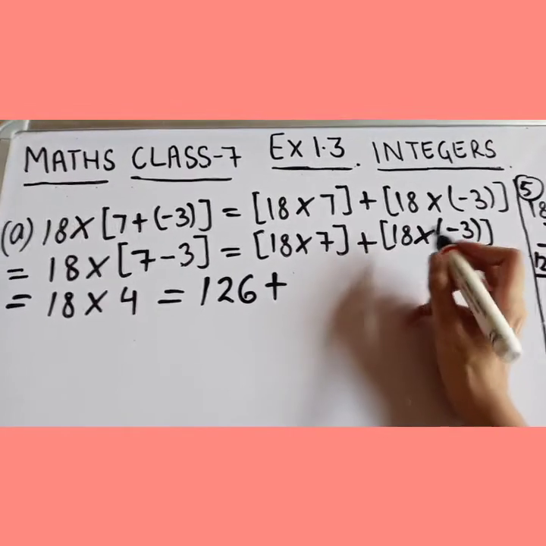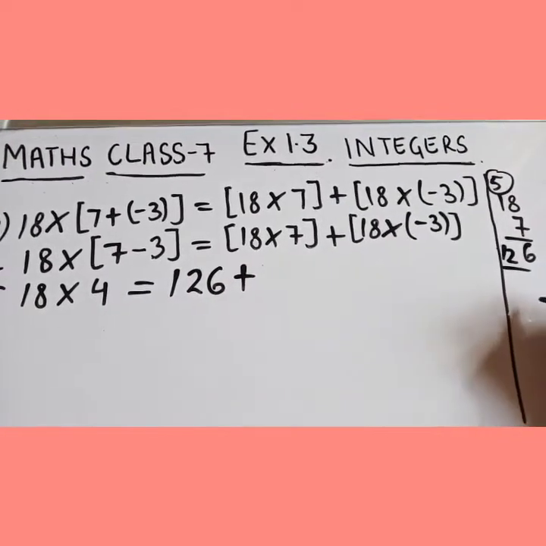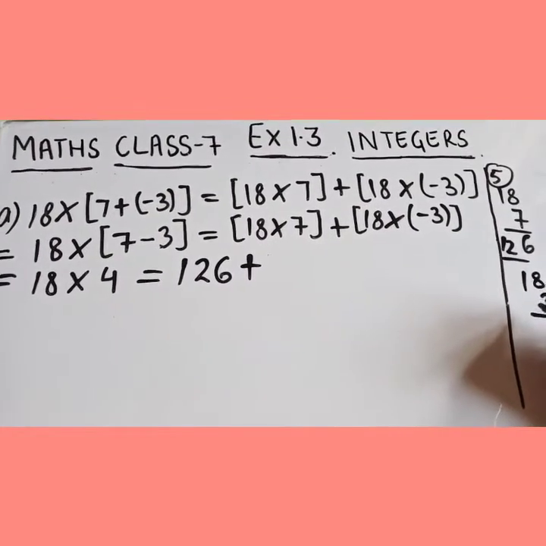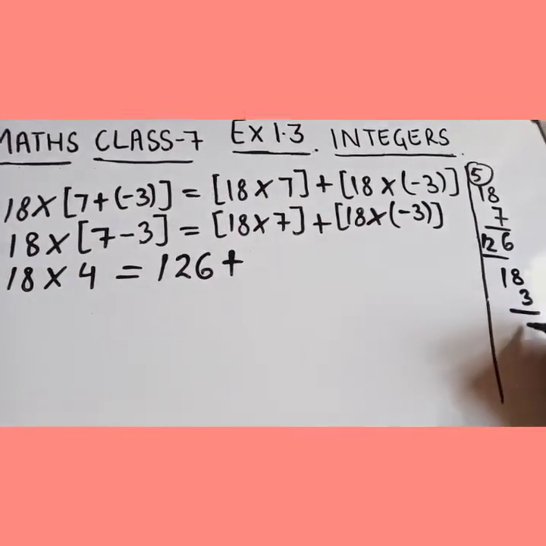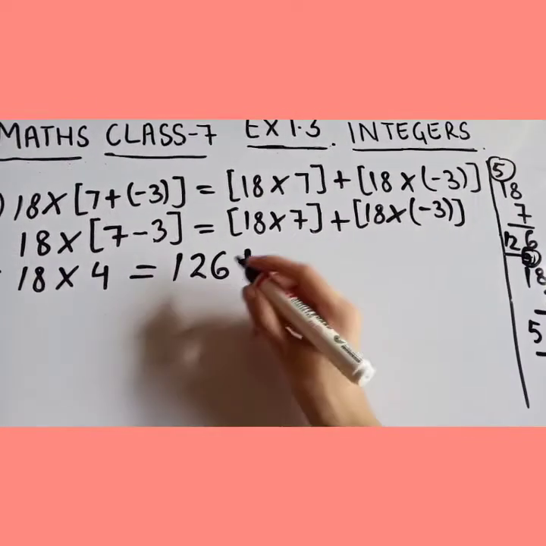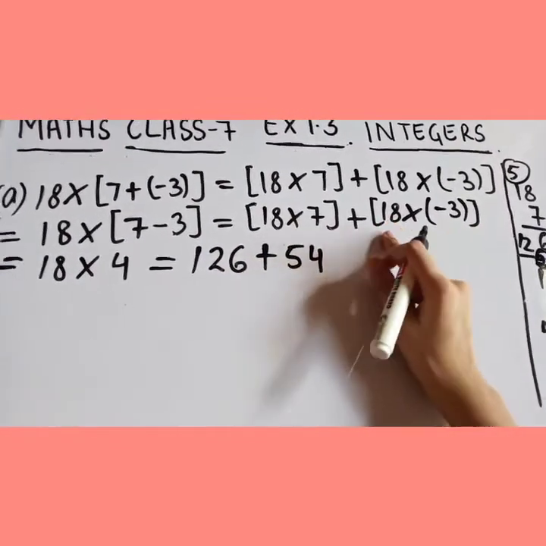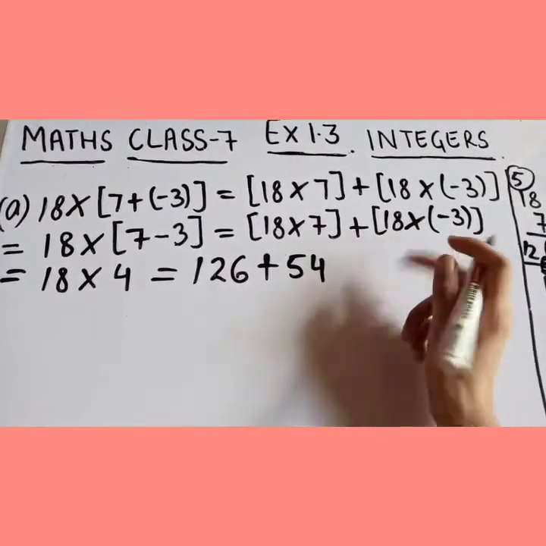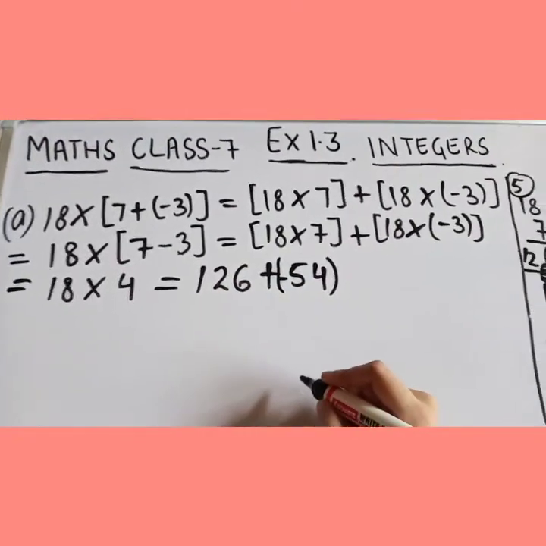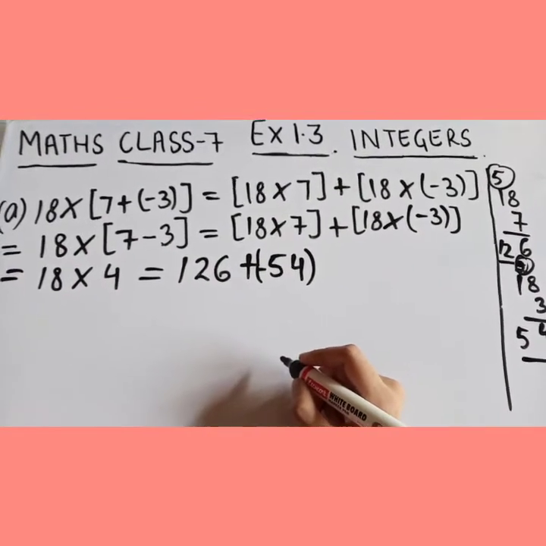Now what you will do is you will multiply 18 by minus 3. First of all, we will ignore the signs. 3 8s are 24. 3 1s are 3, 4, 5, 54. So the answer will be 54 over here, and the sign will be of minus because plus minus is minus, and you will keep 54 in the bracket. Clear, everyone? I hope I am clear for the second step.